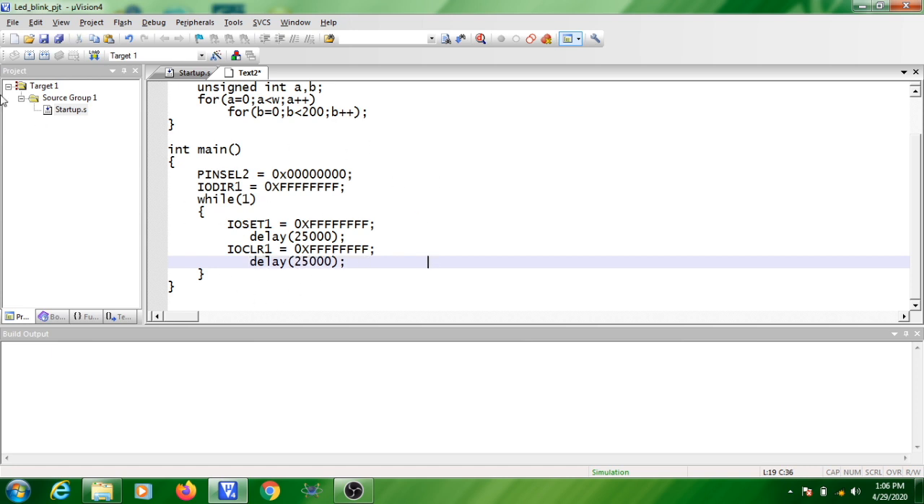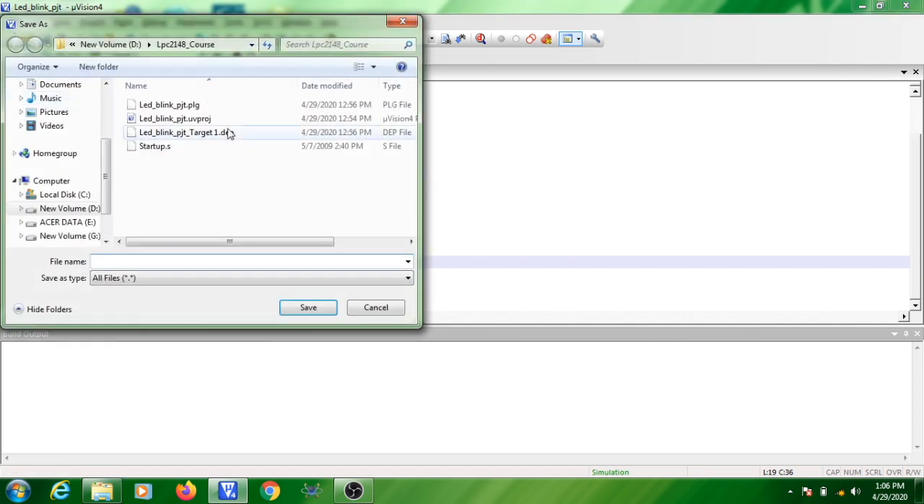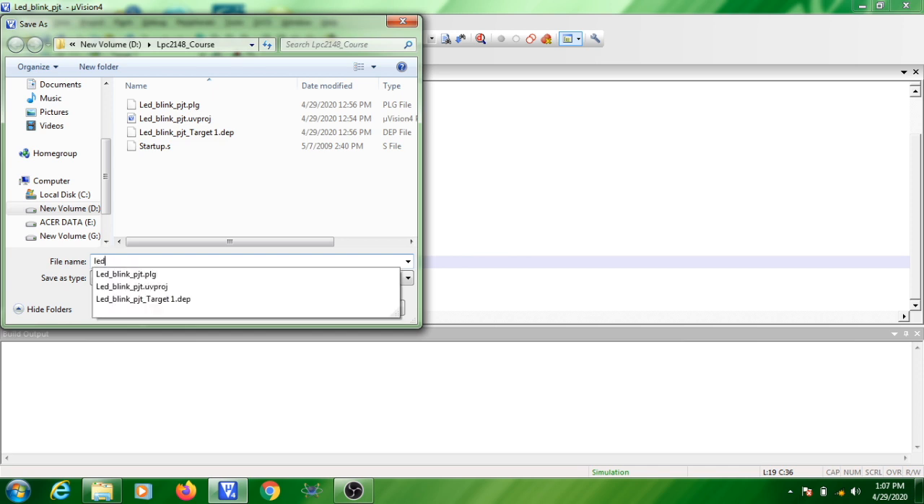So I have written the program. The next step is you need to save this file as a .c file, because you are writing a C program. So you can click on File, then Save As. Automatically it will go to your project folder. Otherwise you need to check whether the project folder is opened. D colon LPC2148 underscore course. Here you can give the name of the program. So I am giving it as LED